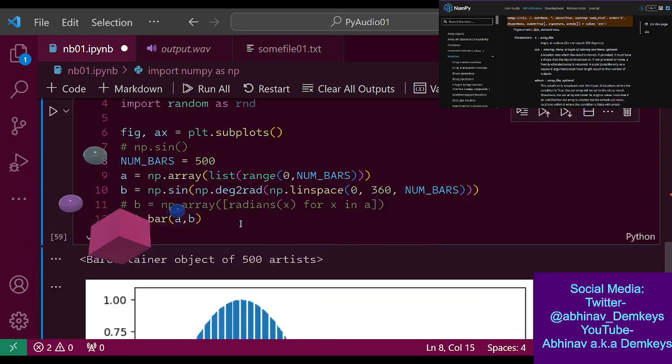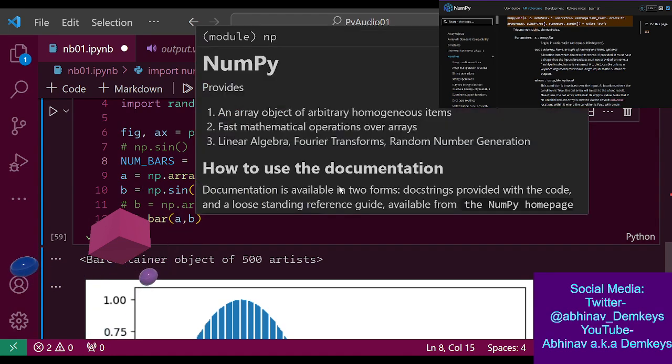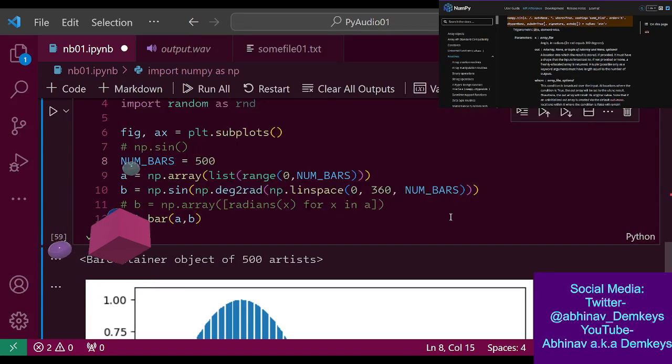That's why we have all of these different methods. I don't need to create multiple for loops over the array. NumPy is made to create and work on arrays and do operations on arrays in a more performance friendly way.